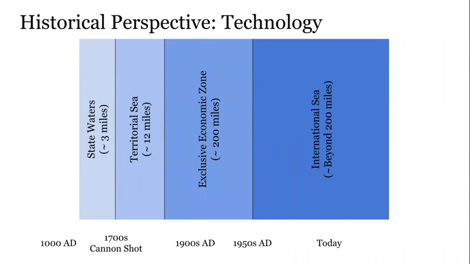But early Western discussions about the ownership of the open ocean came about from the Dutch, who had been using sea routes to develop trade with the East. To ensure these routes would remain open for commerce purposes, Dutch legal scholars argued for something they called mare liberum, or the freedom of the seas.